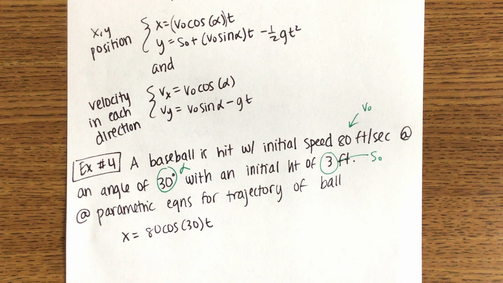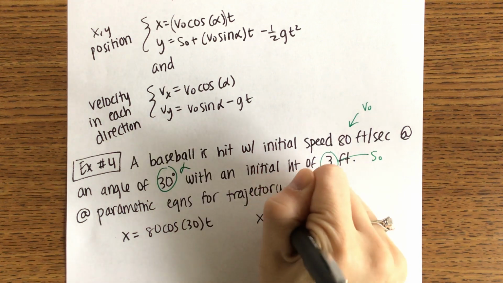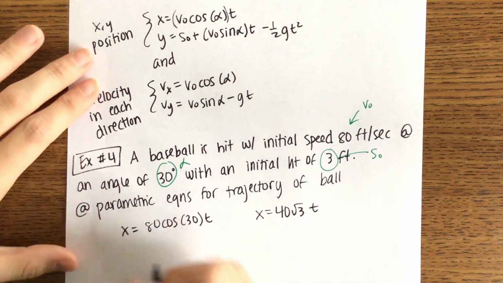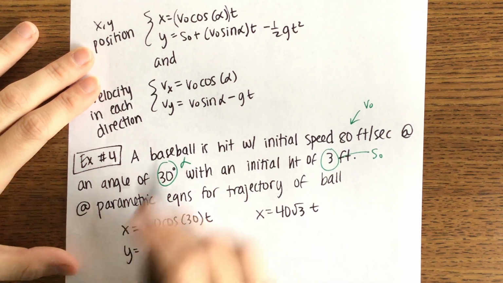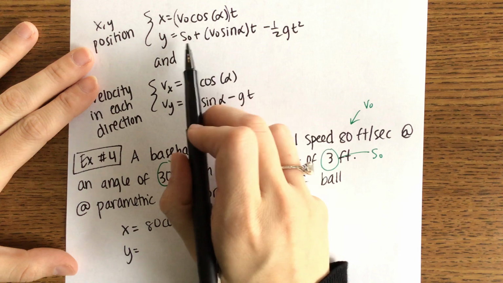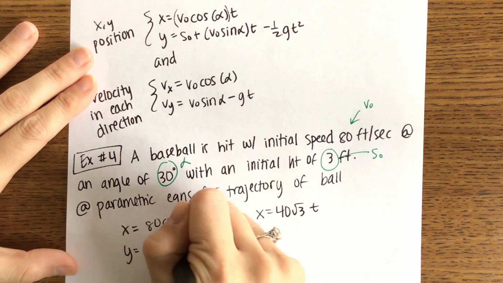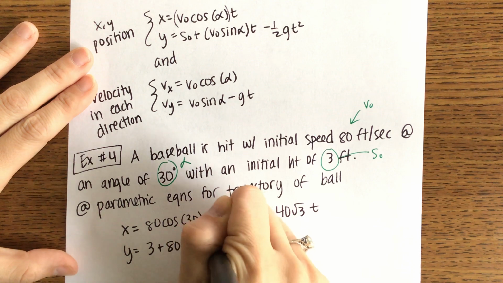Cosine of 30? Root 3 over 2. So our x ends up being 40 root 3 times t. Our y, again using that formula that you guys wrote down, is 3 add 80 sine of 30 t minus